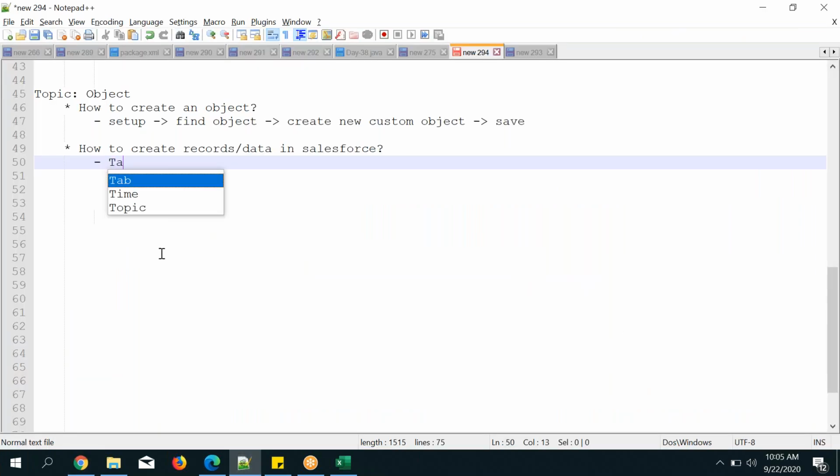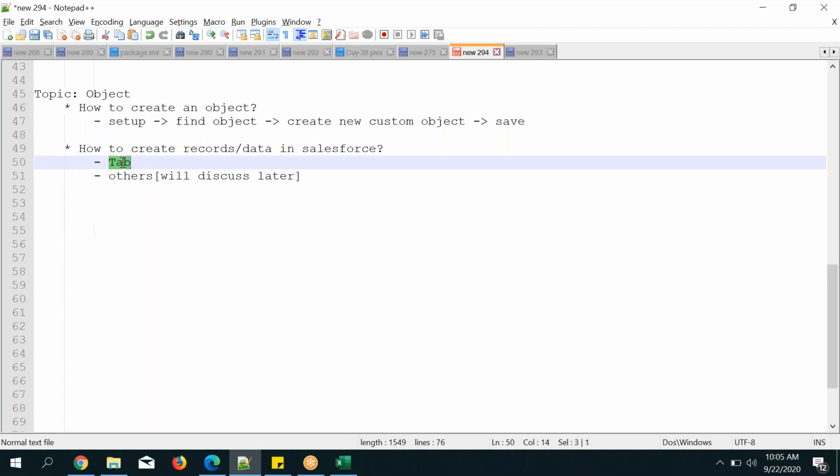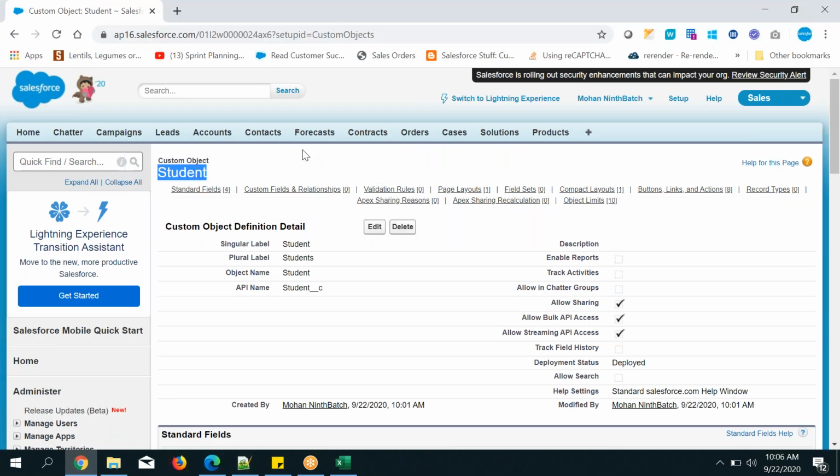For the time being, others are there that we'll discuss later. When you come to that topic, at that time I will explain. But for the time being, you need to remember only this one: with the help of a tab we can create records. The object is there, and next, to create records you need to create a tab.